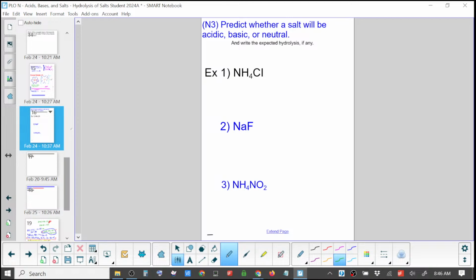And then NH4 plus. That's good. So I think we have to write. I would say,